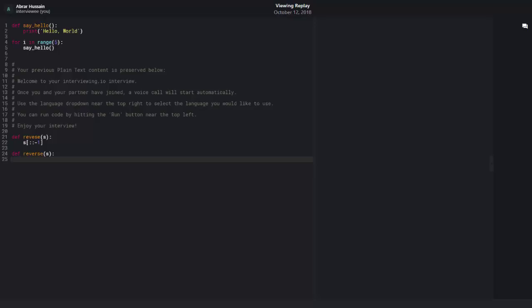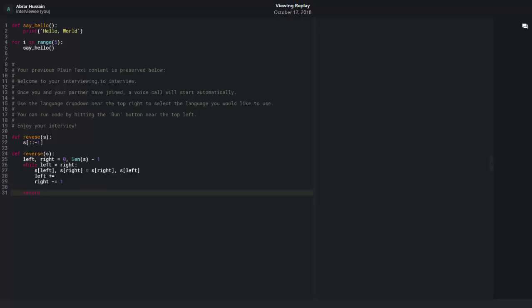So I keep a left pointer starting at 0 and a right pointer starting at the end of the string, and I just swap values until I no longer have the condition of left being less than or equal to right, or less than, really. So left, right equals 0, len(s) minus 1. And then while left is less than right, we can just swap the values. Then increment left, decrement right, and well, I can't really do this because it's Python and the strings are immutable,